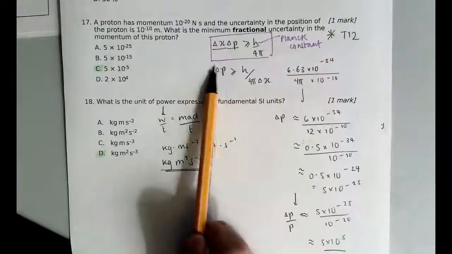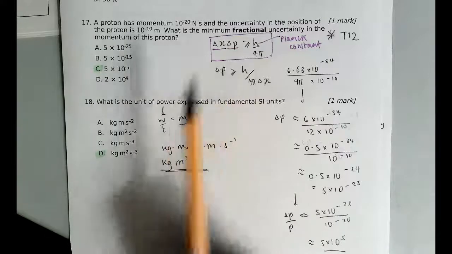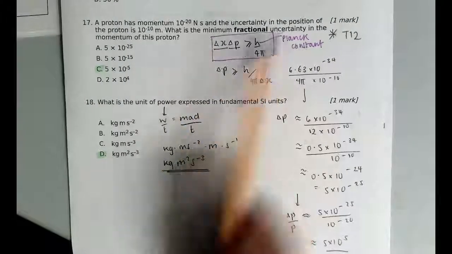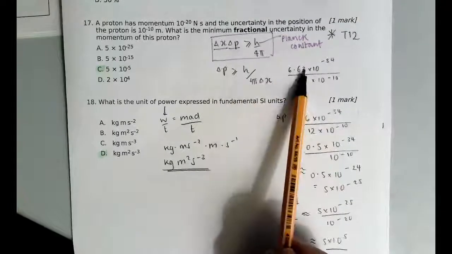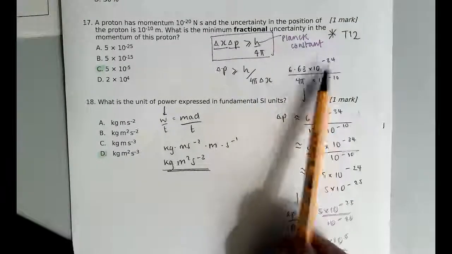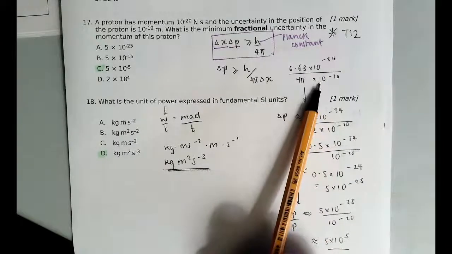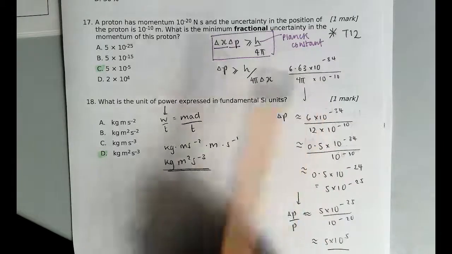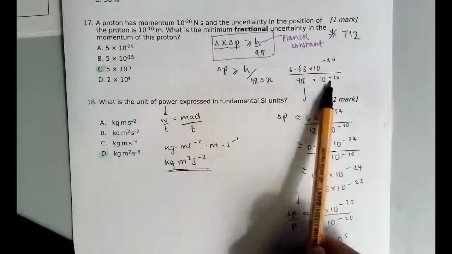And I'm left with my uncertainty in momentum, which I know I'm going to need because I'm asked for it. Now, h is a constant, the Planck constant, that's in your data booklet, so I've just popped the number down. 4 pi is here. Delta x is my uncertainty in position. I am told that in the question, so I know that I can put my 10 to the minus 10